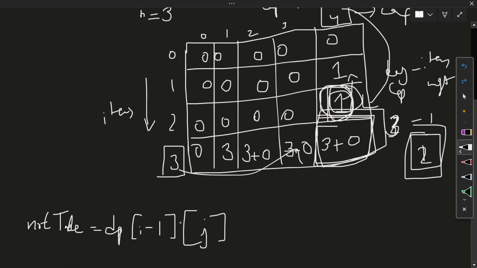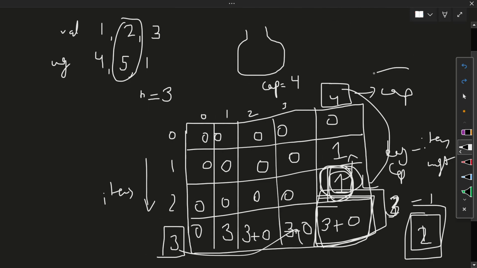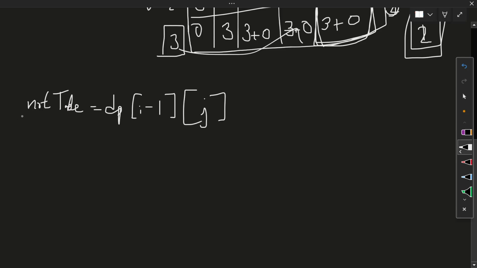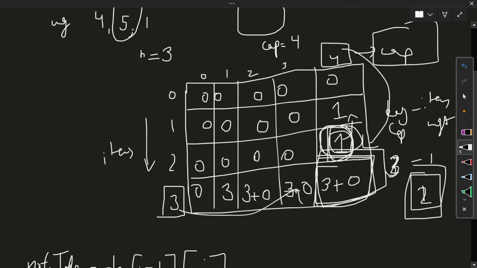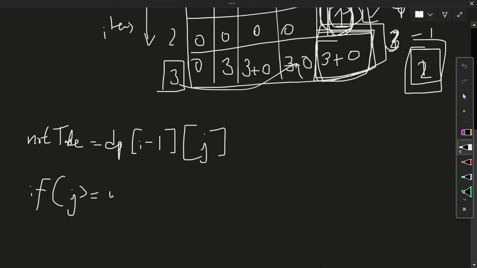So from the previous items we have to take the capacity weight from the previous items. So we have a value. If we don't take this item, we have to take the value from this cell. So let's talk about take. We can only take this element if and only if our bag capacity, means j, is greater than or equal to this item weight. So weight,